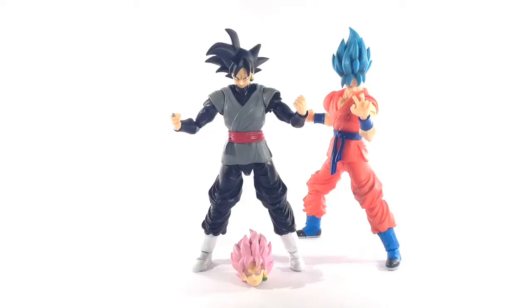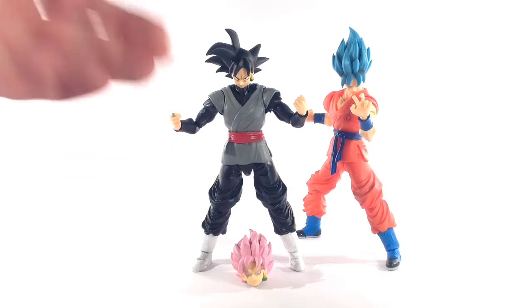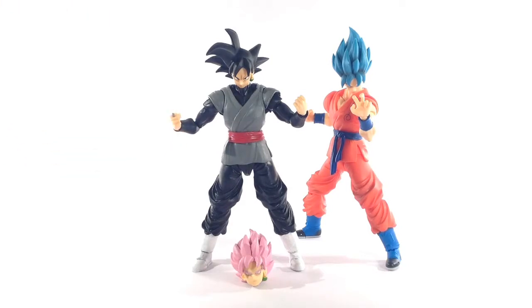Okay, welcome people. I'm going to do this tutorial in the same style that I did the Yardrat Goku tutorial. If any of you have watched that, I'll speak through it and show you pictures showing the process, and use Super Saiyan Blue to show you what I did with him to turn him into what I've got here. I'll also go into a fairly extensive view of how I went about successfully painting the joints. And so the base figure was the Super Saiyan God Super Saiyan Goku, but